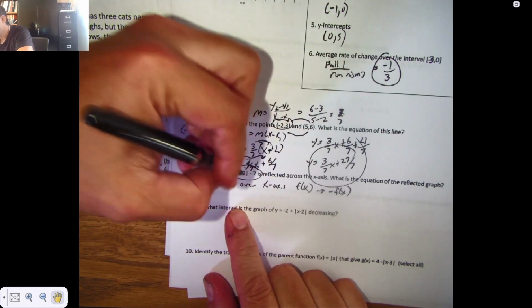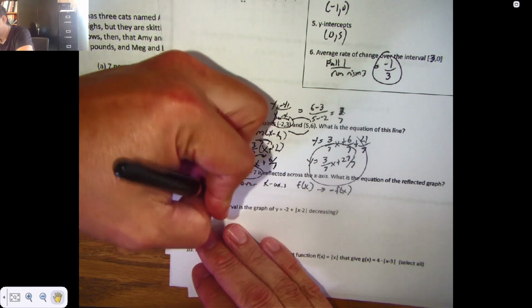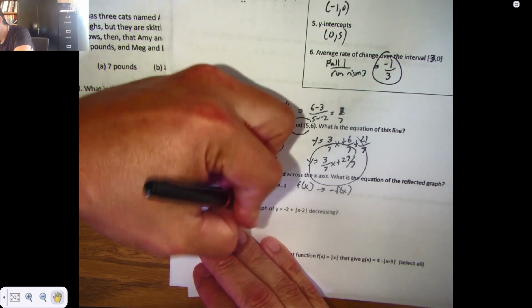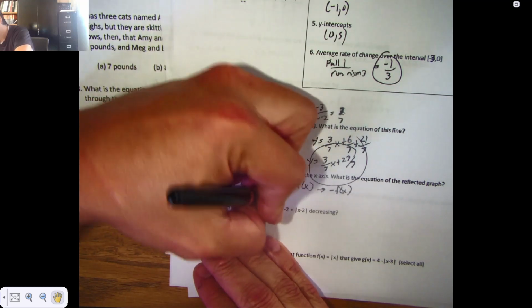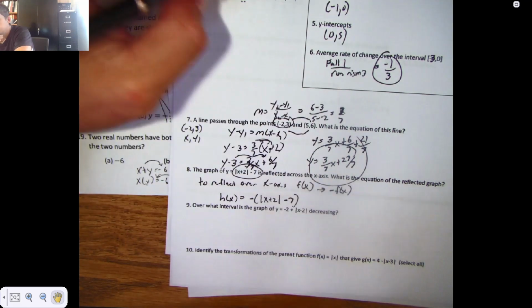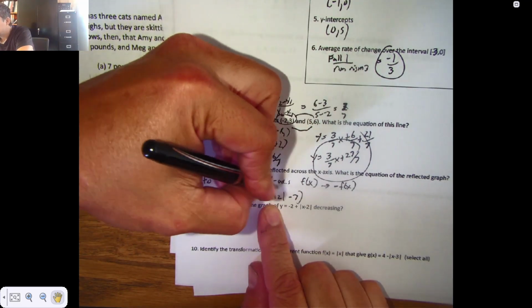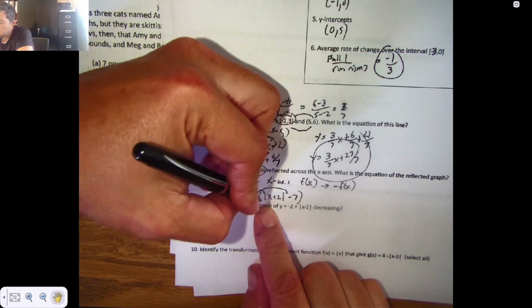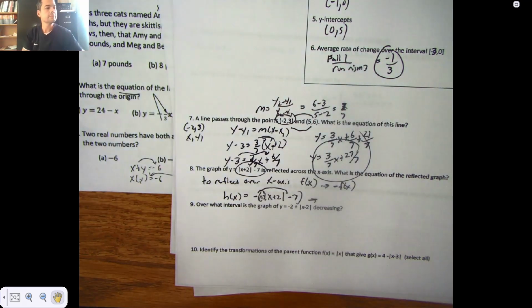So this guy, I'm going to change its name. It's no longer y. I'm going to make it something like h of x, which is formed when I introduce a negative to the entire function. You know, some kids will just murder this. It's about going to each piece. You don't have access to the stuff in bars, but you have access to the understood one that's out front. So this becomes,